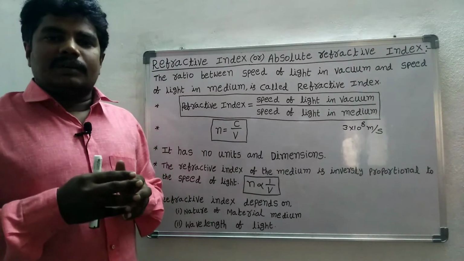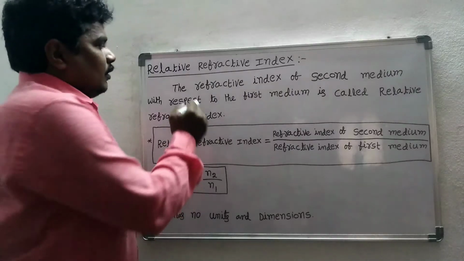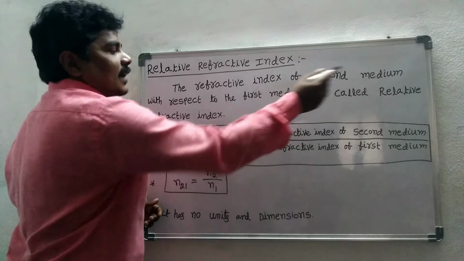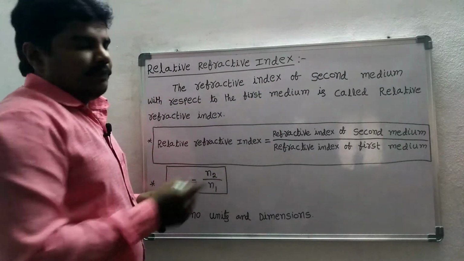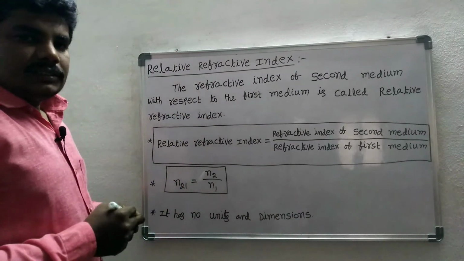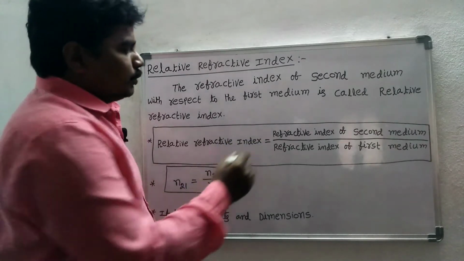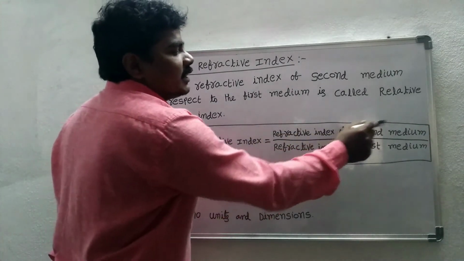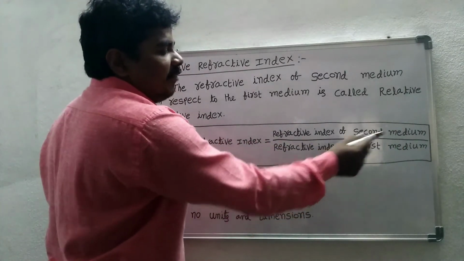Now we discuss relative refractive index. The refractive index of the second medium with respect to the first medium is called relative refractive index. So the formula is: relative refractive index is equal to the refractive index of the second medium divided by the refractive index of the first